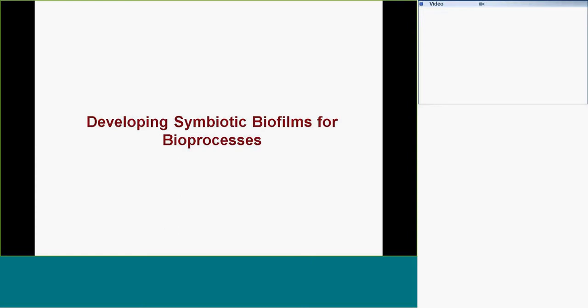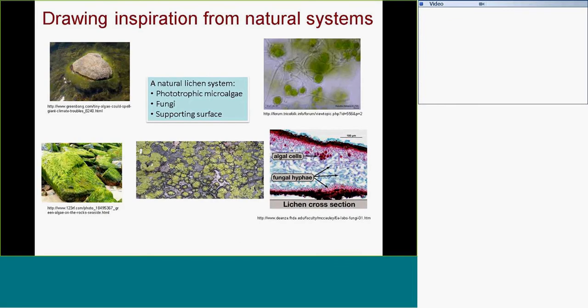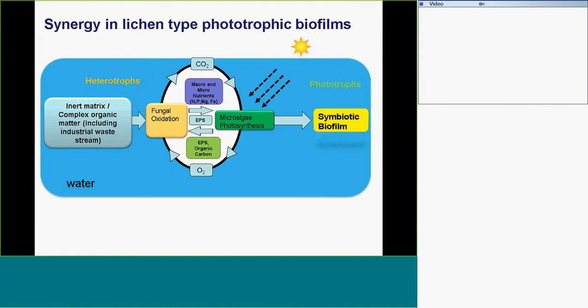He observed the natural systems. He observed together with Ara to see, is there some improvement he could do, and then he saw a concept called symbiotic biofilm, and in the natural system it's called lichen. Inspiration from the natural systems. The natural lichen system includes algae, includes fungi, and they grow together on some supporting surface. With that observation, Bo and Ara developed